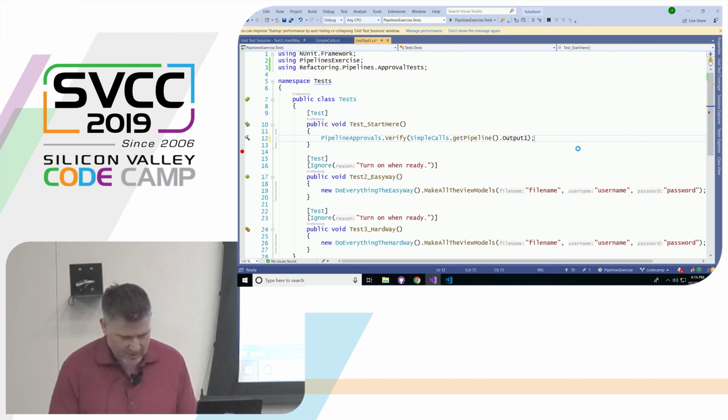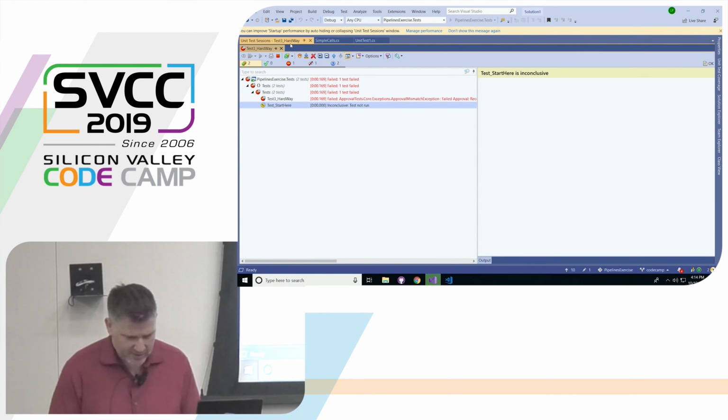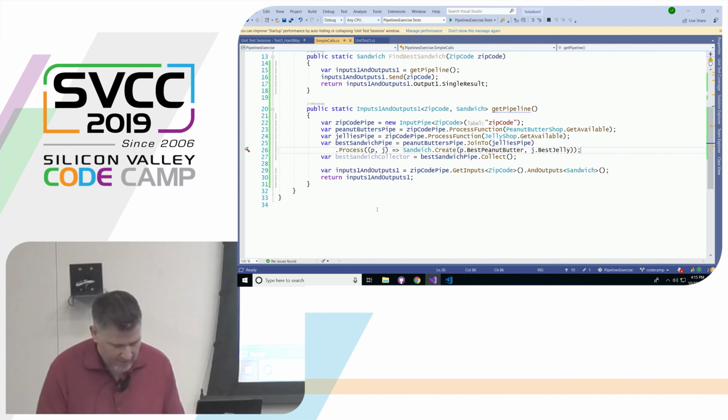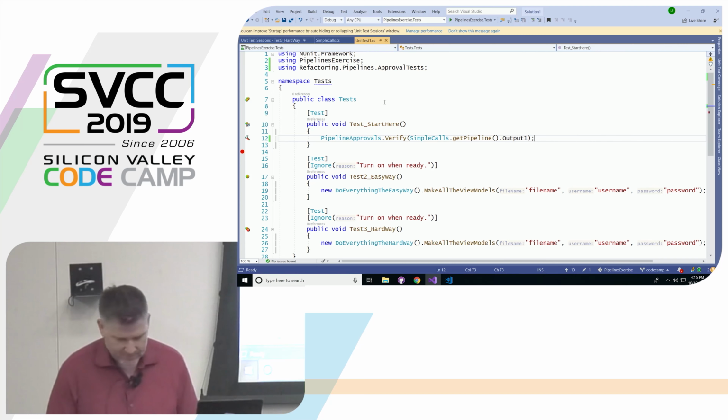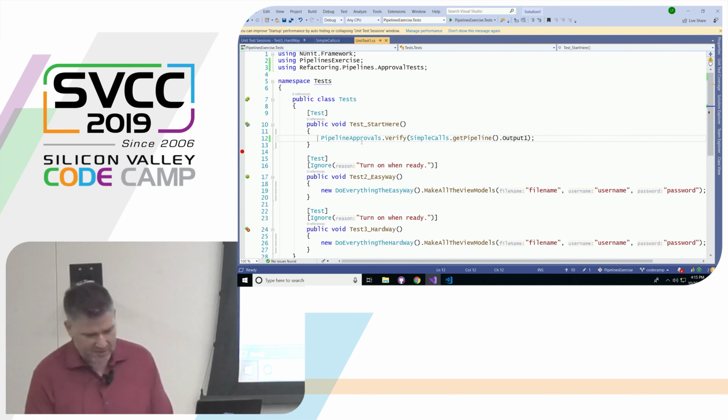I'll try that one more time. Inconclusive is a really unfortunate test error because it doesn't actually tell me why it's not running the test. I assume I'm doing something weird here. Inputs, outputs, return the inputs, outputs. All right, I'm going to figure this out later and just ask you to trust me that this can